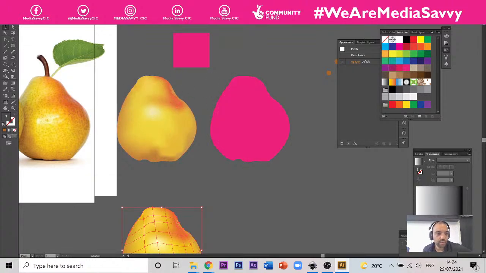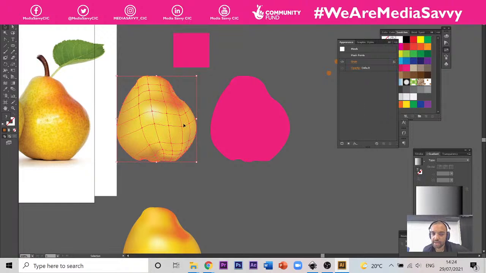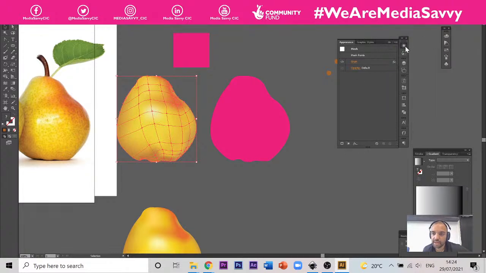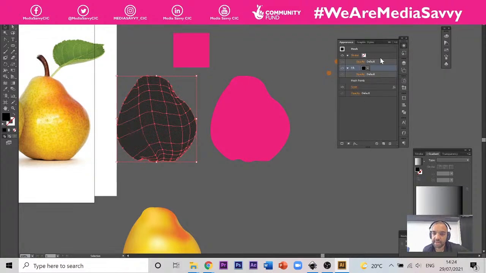Okay, so if we click on this shape here, I'm going to add a new fill layer. So we're in our appearance, back into our appearance, click on the sunshine, add a new fill layer. Now the great thing about adding layers and effects to this one shape is that you can turn them on and off. Now this fill layer here,